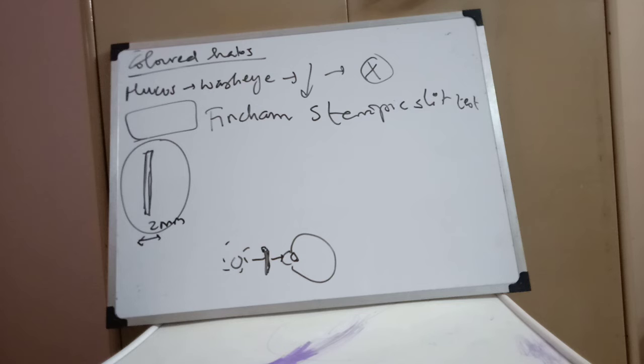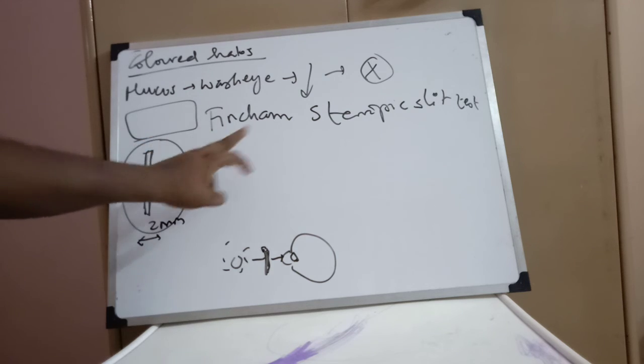Whereas if you are going to pass through immature cataract, what happens in immature cataract is there are going to be opacifications, water collections, irregular pockets in the lens, irregular areas of the lens. So when you pass a stenopic slit, a single layer of light from one end of the lens to another, it is going to come across the irregular topography and irregular composition of the lens. Because of this, there is going to be a difference in the level of prismatic dispersion occurring in different parts of the lens, because of which the colored halos are going to be perceived as being broken and varied in sizes and colors and shapes when the stenopic slit is going to pass from one end of the eye to another end of the eye.